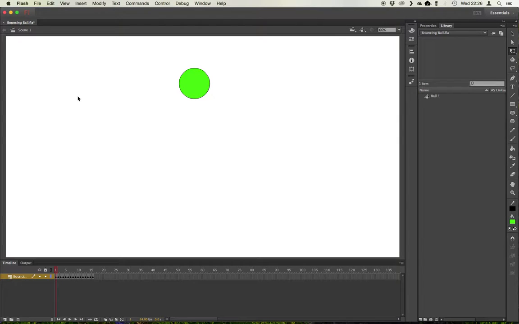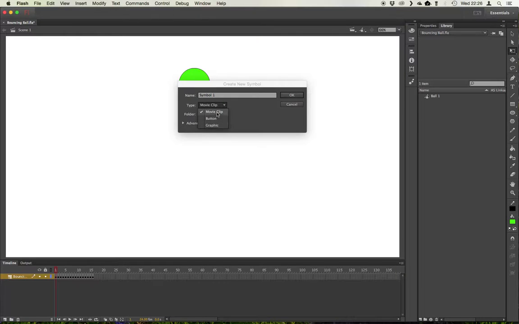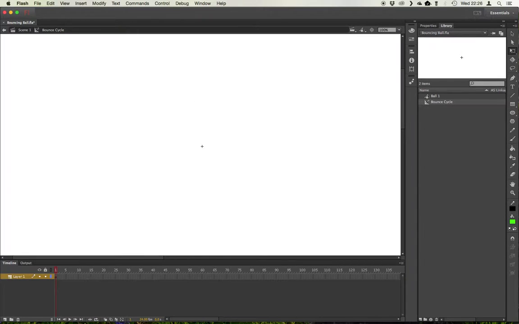So to make the new symbol, go to Insert, New Symbol, and this time, rather than a graphic, I'll select Movie Clip and give the movie clip a name. I'll call this Bounce Cycle. Press Enter or click on OK, and you're now looking inside the symbol itself, inside your new movie clip symbol. You'll notice the stage is blank and there's no keyframes. You'll also notice in the library you've got your new bounce cycle movie clip, and we've got our original symbol